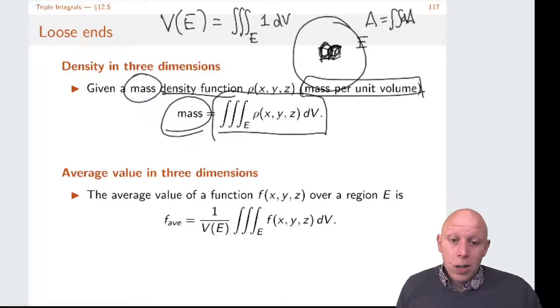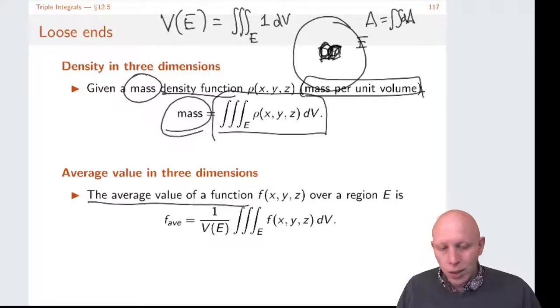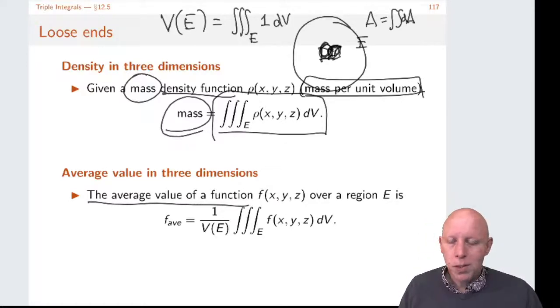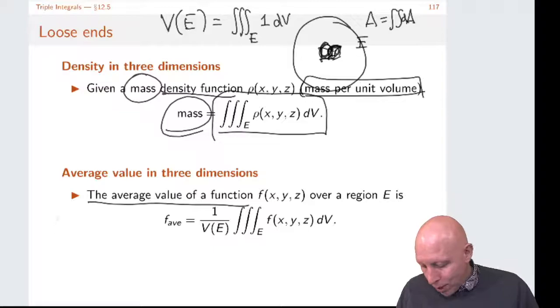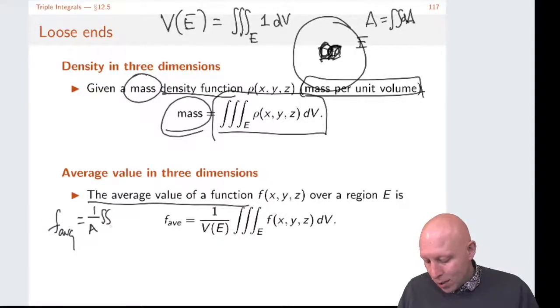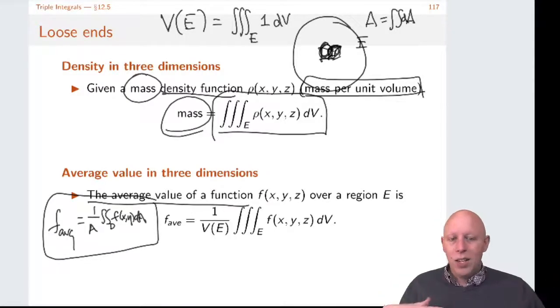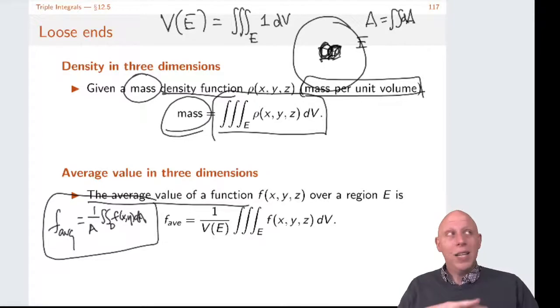The other thing you can talk about is the average value of a function of three variables. Just like before, we calculated the average value of a function of two variables, and we said it was 1 over the area times the double integral over our domain of f of x, y dA. Well, this is the same idea. You take the total amount of temperature in the room, and then you divide by the size of the room,